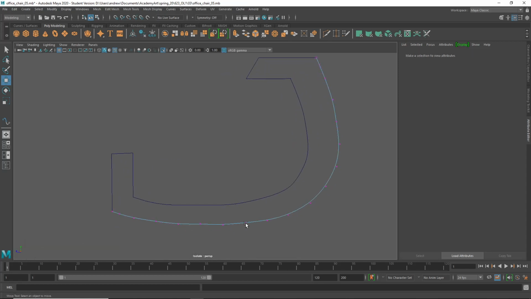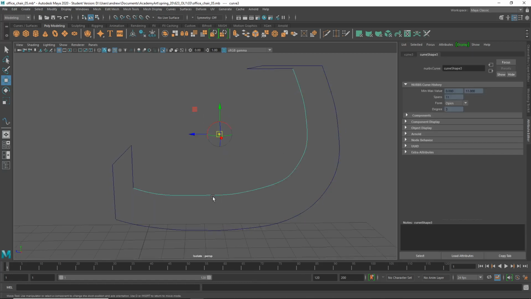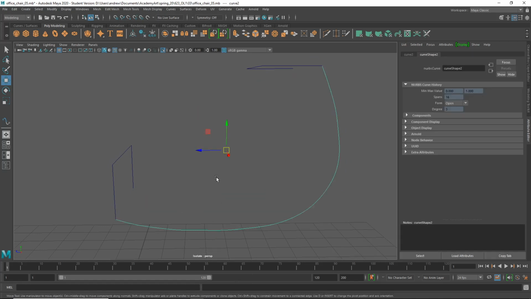And then maybe we can just copy that over the other side. So let's put the pivot point at the end of the curve. So D for pivot move mode. Hold down C for curve snap, middle mouse drag, and D again, and that's the original. So Control D to duplicate, and then make sure I've got this middle one selected. Hold down C for curve snap,